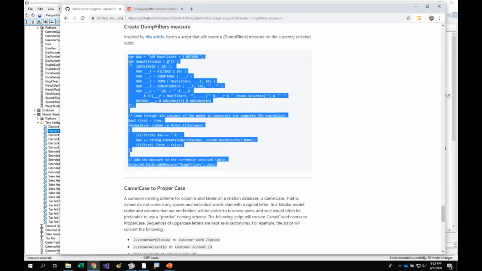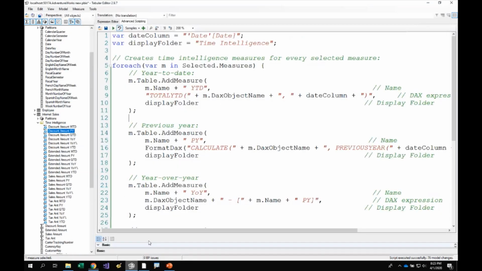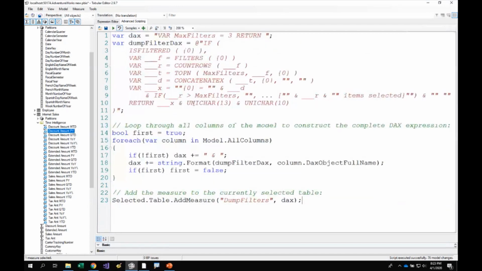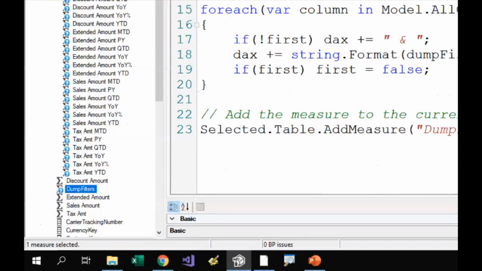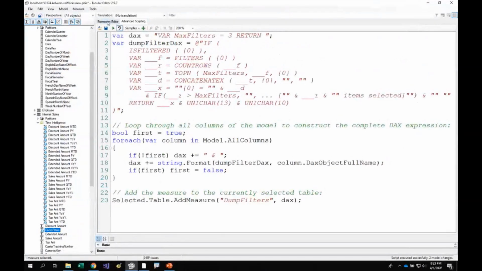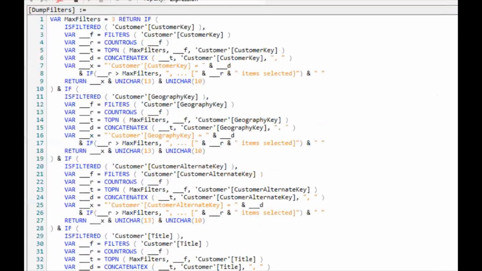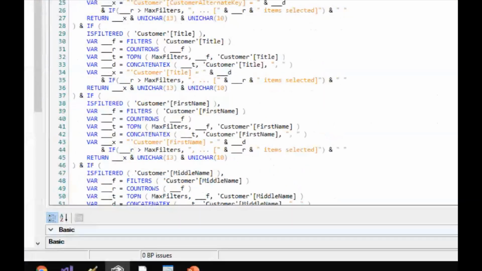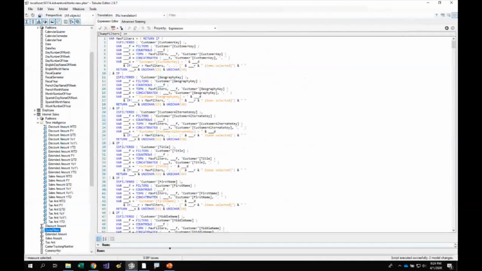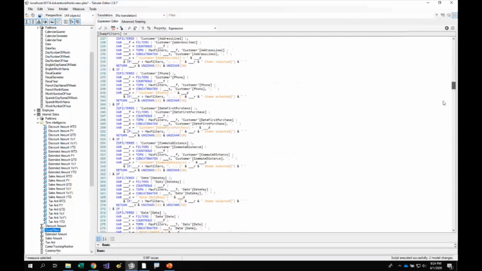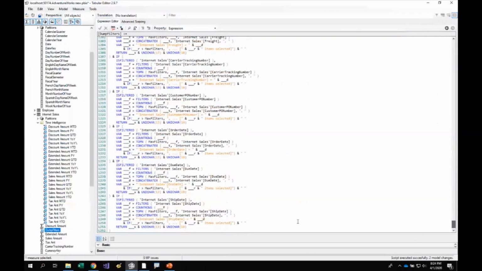I'm just going to copy this script, move it into the scripting editor in Tabular Editor, and hit run. We can see that we suddenly got this new dump filters measure down here. The interesting thing happens when we go to the expression editor, where we can see the DAX expression of this measure. It's a huge DAX expression that would have taken hours if we had to write it by hand. And moreover, if we had to maintain this, you can see this is actually